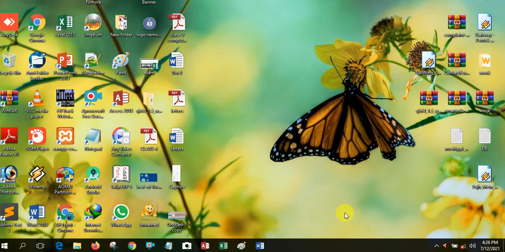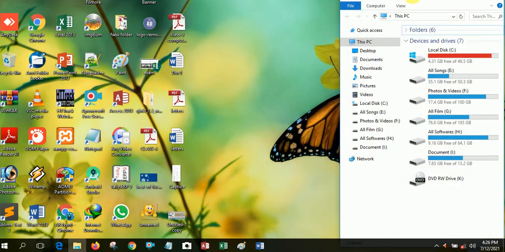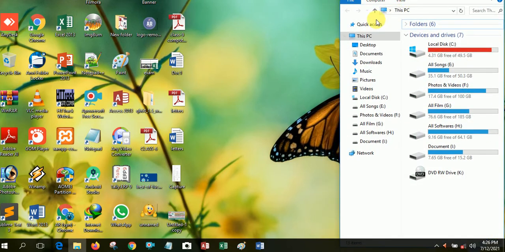Now I will talk about displaying many files at a time. That means, suppose you want to open two or more files or windows in your computer system. This function helps us display many files at a time. Suppose I open one window in my computer system. Yes, you can see. And suppose I want to open another window.